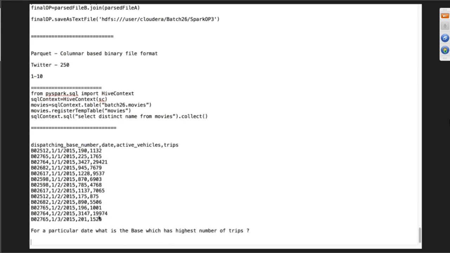Another question is, what is the base with highest number of active vehicles for maximum number of days. This would be a little tricky. So maybe my base like